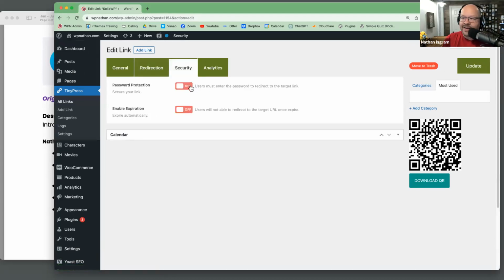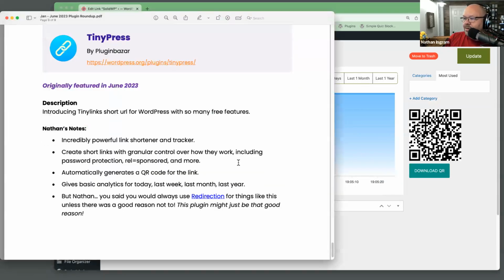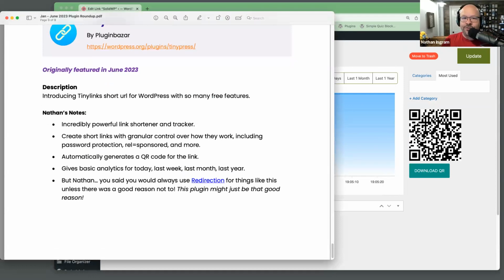This one, though, does let us password protect links. So let's say you only want this short link to be used by certain people. So here's the link and use password, blah, blah, blah. In order to access that link, you have to fill in the password, which is kind of cool. You can have expiration on these also, and it does give you basic link analytics like the other plugin does as well. But really, the QR code is the thing that makes this one stand apart, which is kind of nice. So that is TinyPress by Plugin Bazaar, and that brings us to the end of our best of plugin